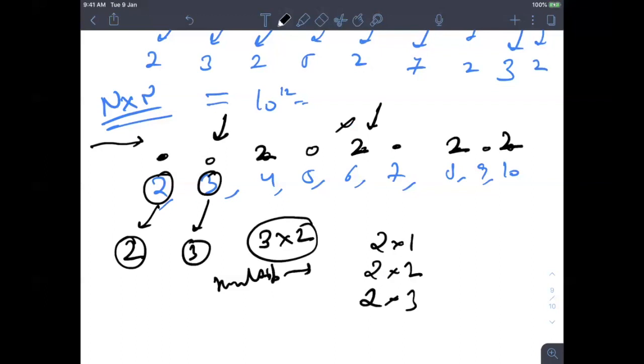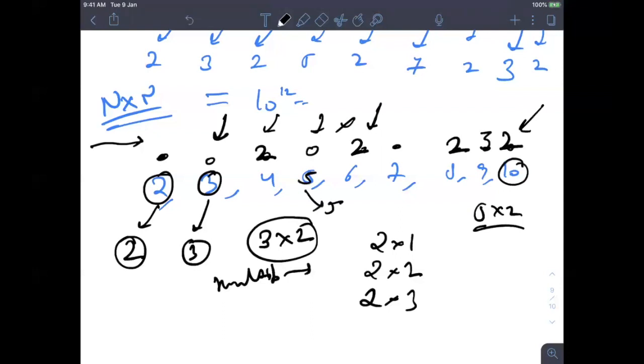For 9, you will see no value is found yet, so definitely we store 3 over here. Now I will go to 4. We have already found 4, so no need to run for 4 because it is not a prime number. Then you go to 5. First of all you mark 5 on 5 because it's the first factor. Then 5 into 2 is 10, but you will see there is already a number found there, so let's ignore it. Then come to 6.